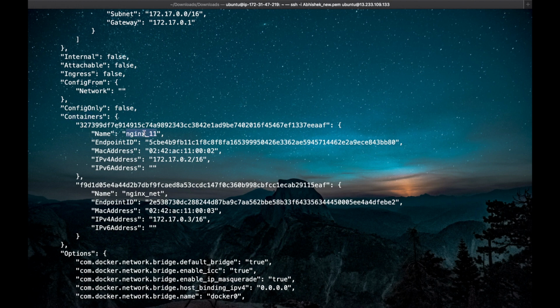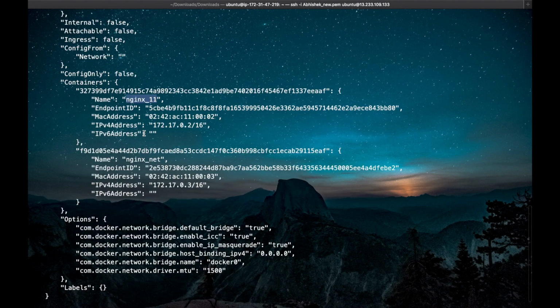These two containers are attached to this bridge network: nginx net and nginx011. They have two different IP addresses: the first is 172.17.0.2 and the other is 172.17.0.3. So we can see that the two containers have different IP addresses.